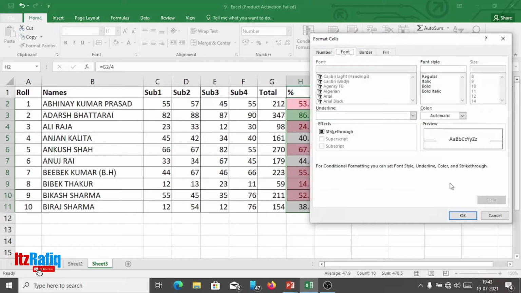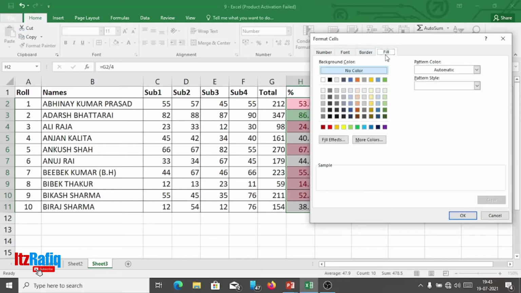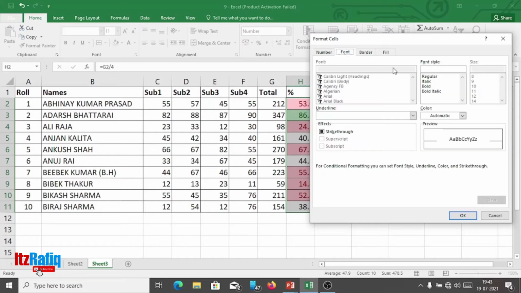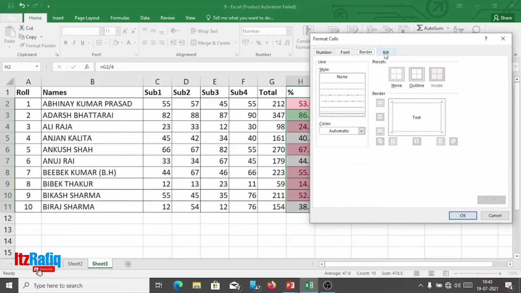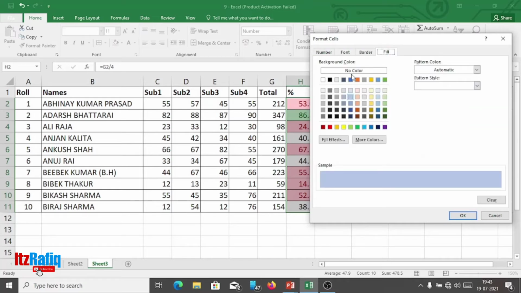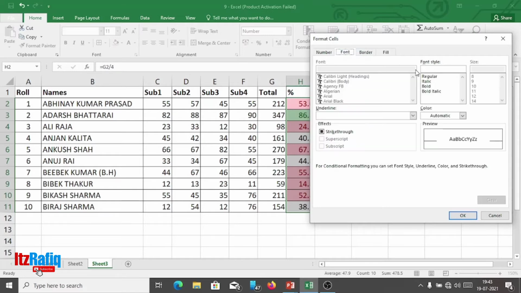I will set a custom format. First Fill: for the background color I will take light blue, and then Font: for the text color I will take dark blue.